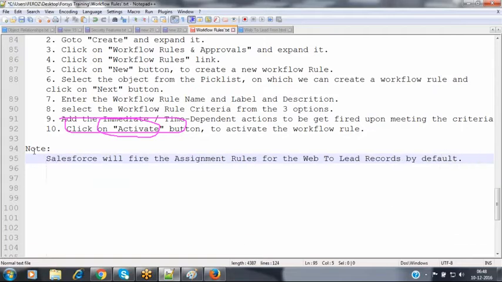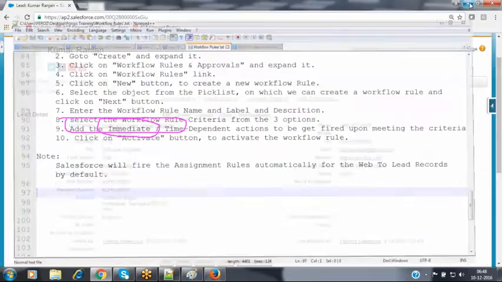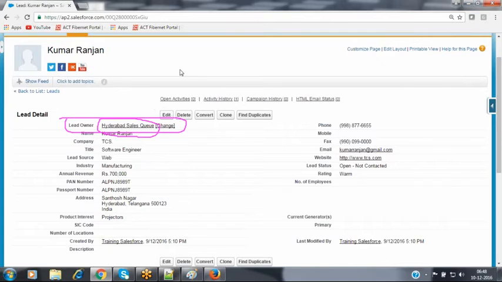No need to select the checkbox, like the 'Assign using active assignment rules' checkbox. Automatically, Salesforce will find those assignment rules for the Web-to-Lead records by default. So assignment rules will be applicable for those Web-to-Lead records by default. No need to select this checkbox manually here.